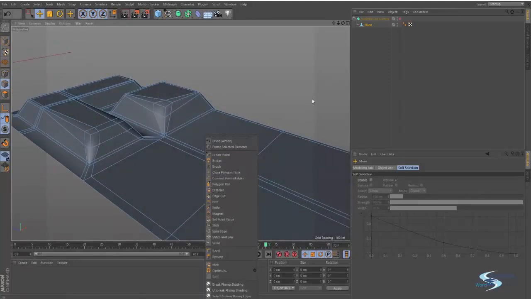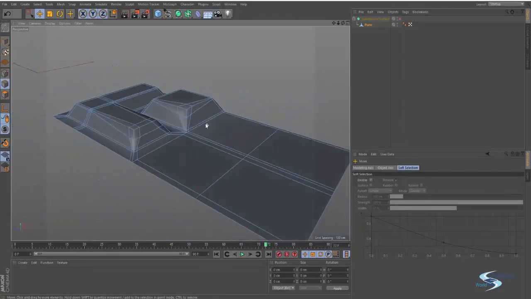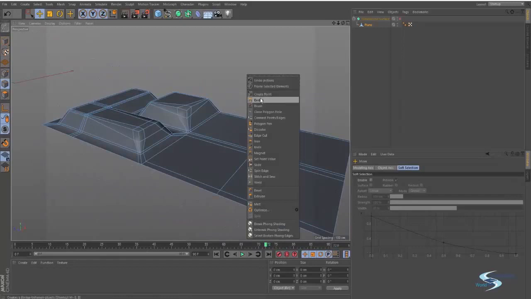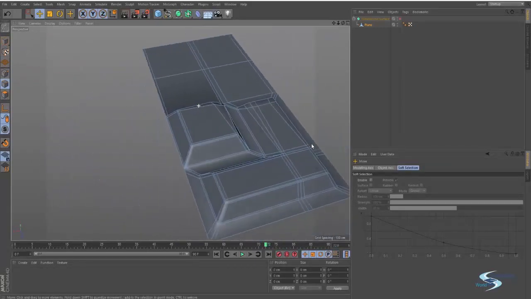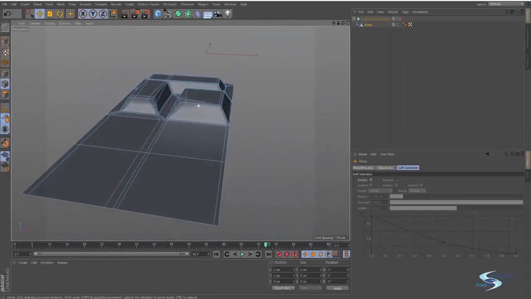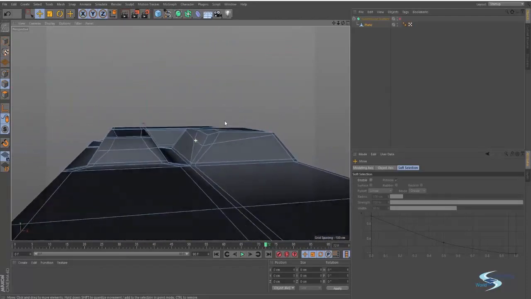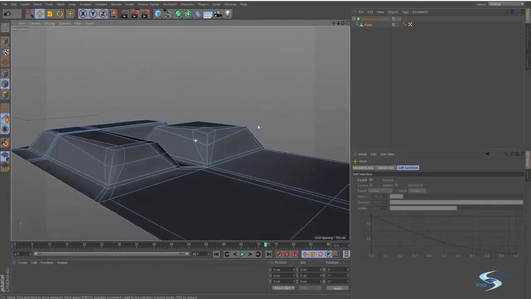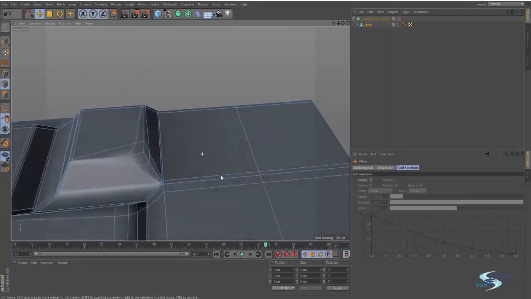So, I think this is about it for the useful tools. There are a lot of tools that aren't very useful, so let's just leave those alone or use them in a few cases where they may be useful. So this is about it for just a kind of quick introduction to the different tools that we have available in Cinema 4D. And this will basically be what you're going to be using when you create your